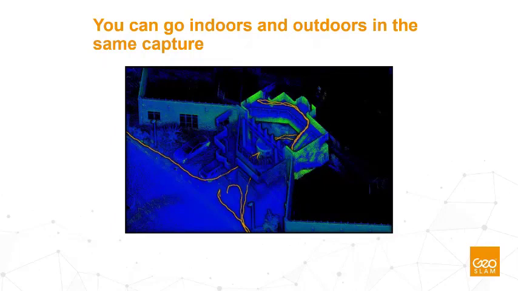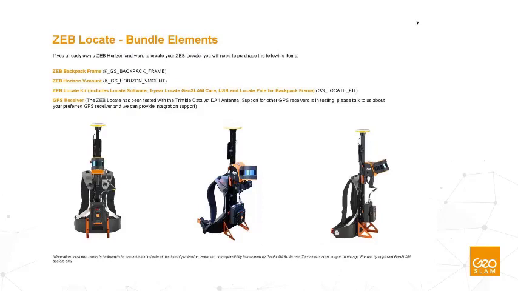Interesting also is that you can combine your indoors and outdoors survey. So you start outdoors, use your GPS, but in the meantime, you go into a building and go out, and the software is capable to filter out this time where your GPS coverage was not sufficient, based on RMS values, based on PDOP values, or some other criteria. Again, similar principle to ZEP Discovery, also with ZEP Locate.